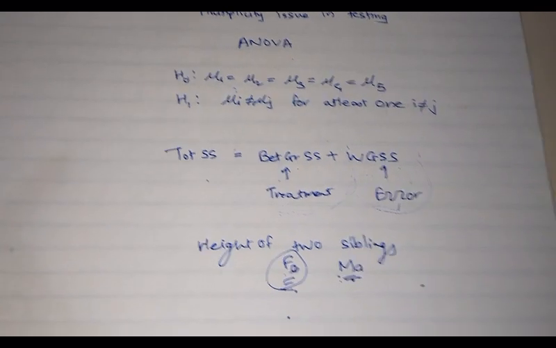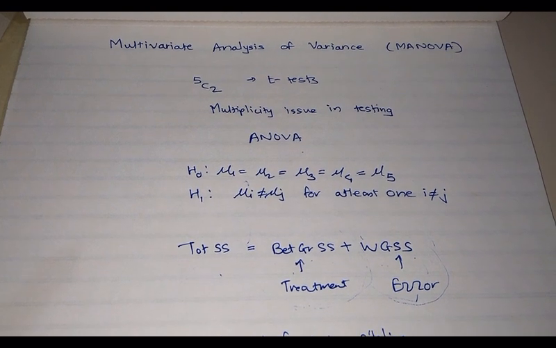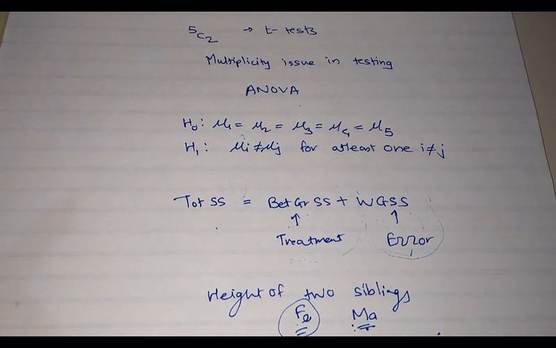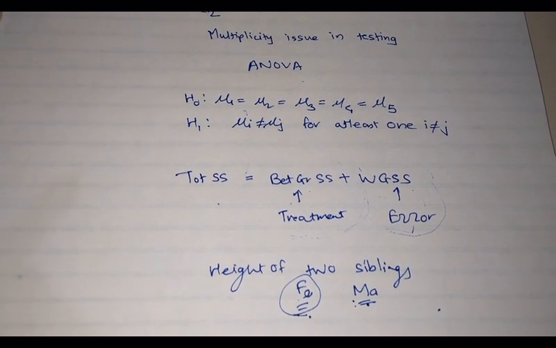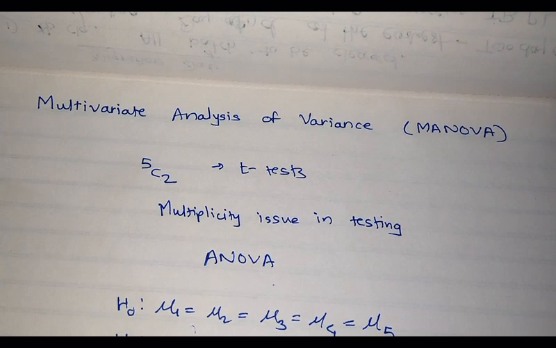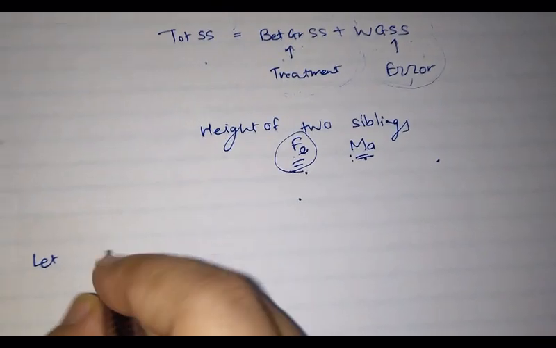Now we have already studied the equivalence of t-tests in the multivariate setup. We saw Hotelling's T-square, which is equivalent to the t-test. Now we will try to see what is equivalent to ANOVA. It is known as multivariate ANOVA, that is MANOVA. So it is equivalent to ANOVA. First I need to have k different populations. Now my notations are going to get much more complicated, so please be careful.